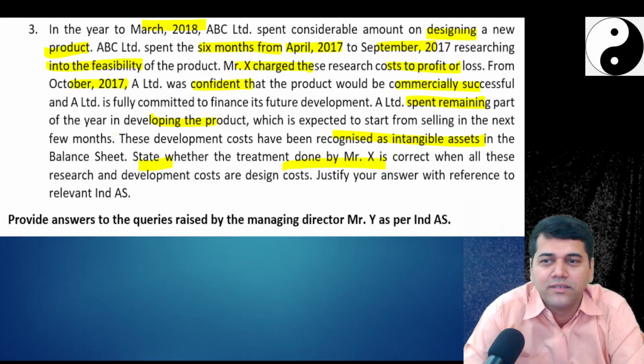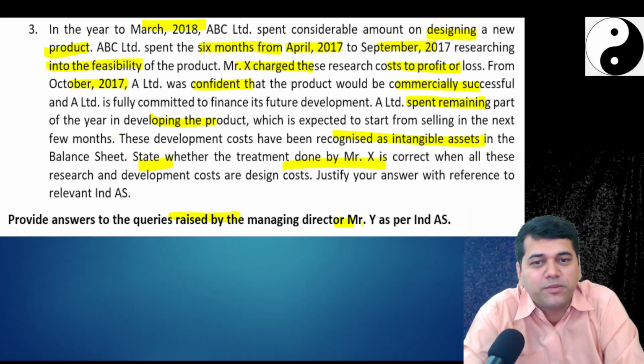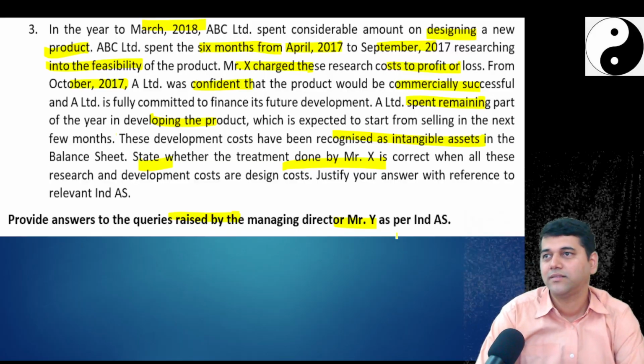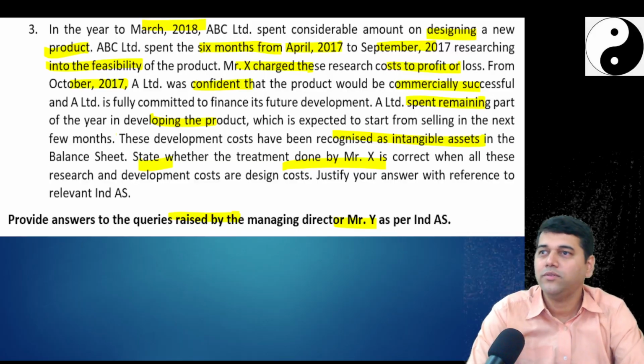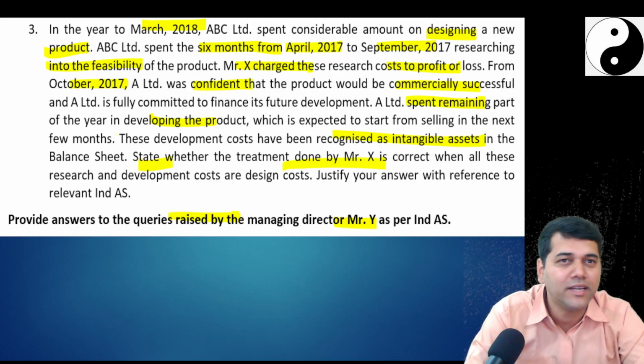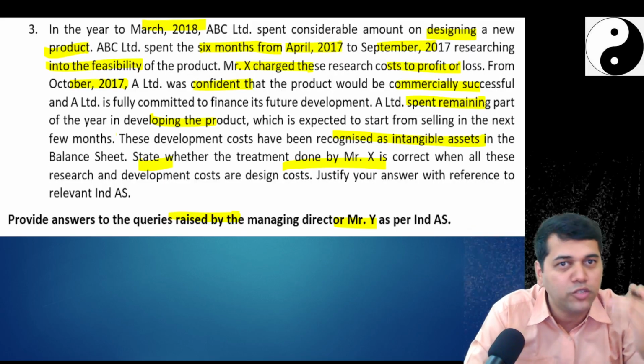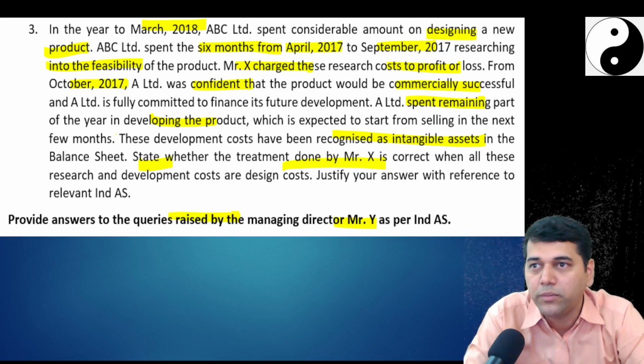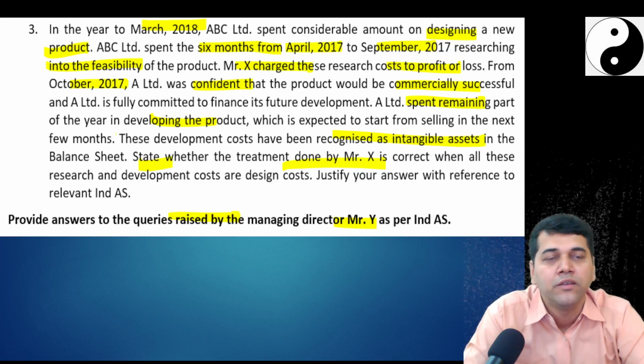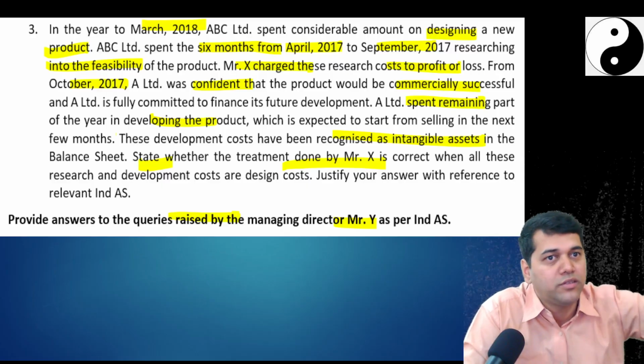Correct. Now provide your answers to the queries raised by Mr. Y. Now he is a layman. He doesn't understand why we have done this. So what we need to tell here, if you observe, we have to tell him, look, this is the